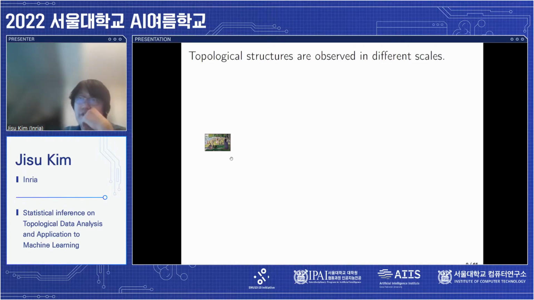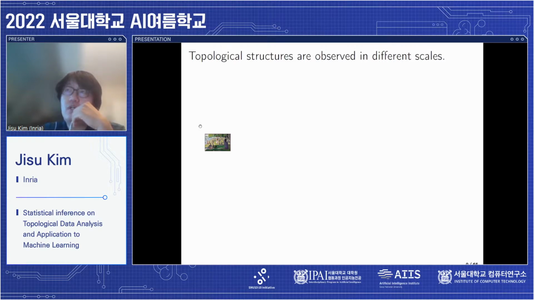So you increase the distance from 0 to infinity, and at some point you will see the topological structures, and at some point the topological structures will collapse. So the idea is to see the topological structures in different scales,